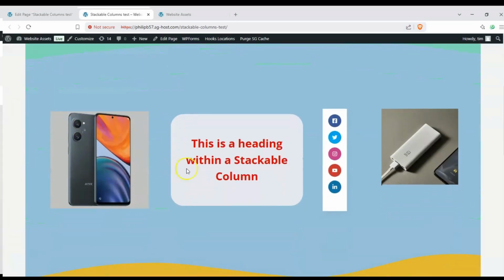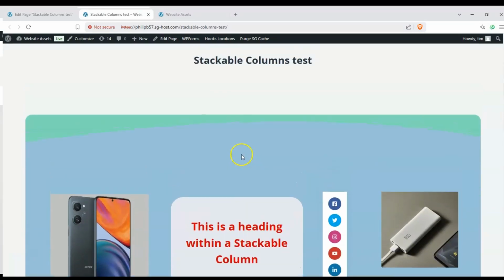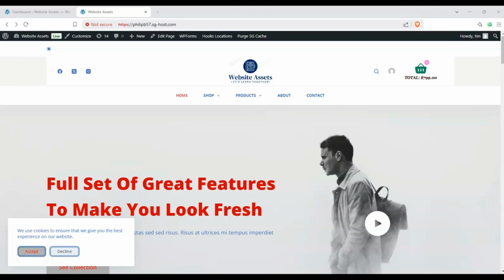In this video, we're going to be talking about Stackable's column block in WordPress. Alright, so this is a mini-series on taking a look at Stackable's blocks one by one. To get started, let's open up a brand new blank page to take a look at this block in more